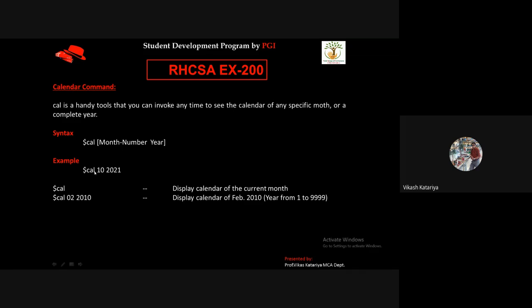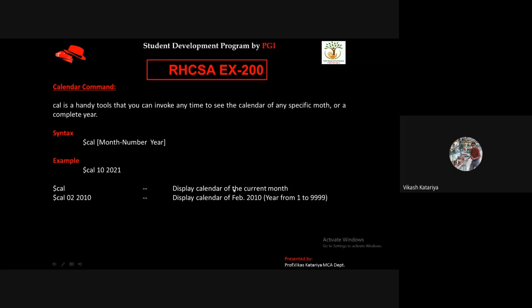Suppose, for example, you want to print the 10th month of the calendar of 2021, so we have to give the parameters in this way. The calendar command has two parameters: first month, second year. And there are some limitations.